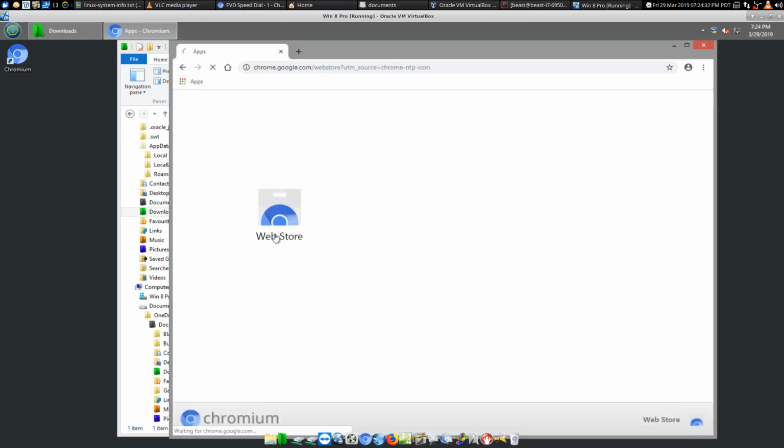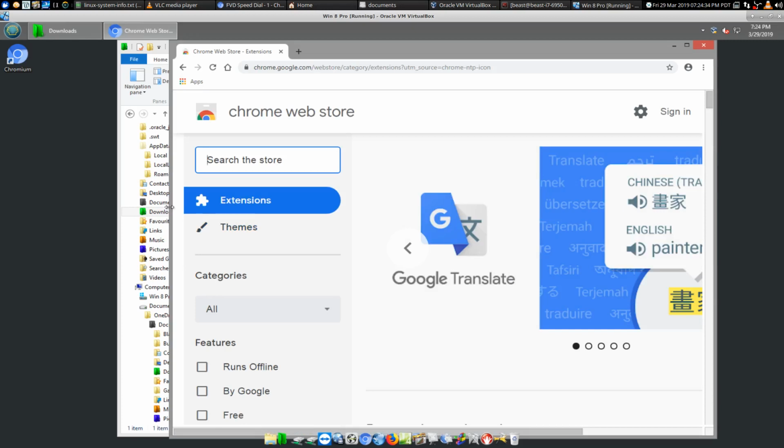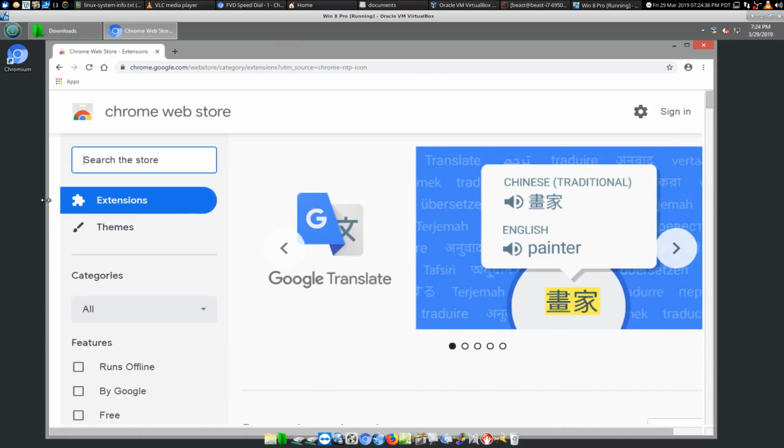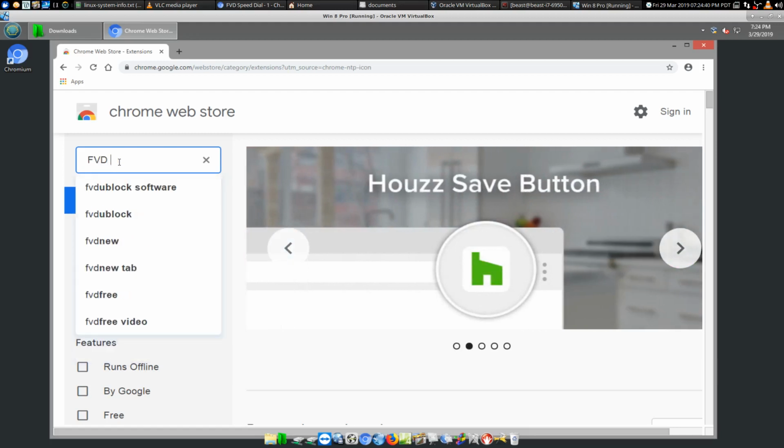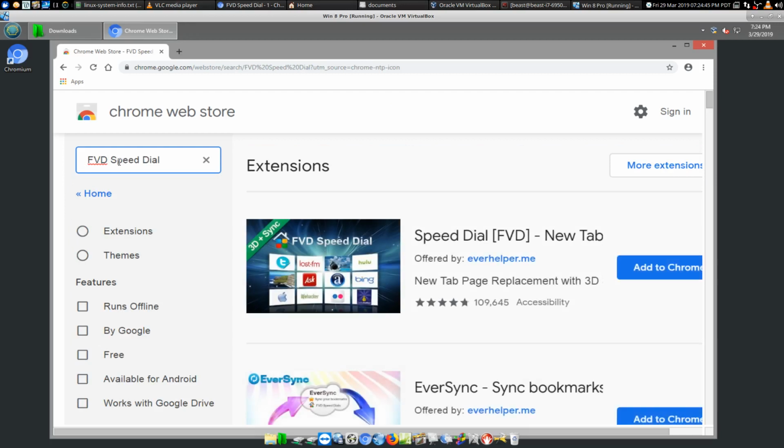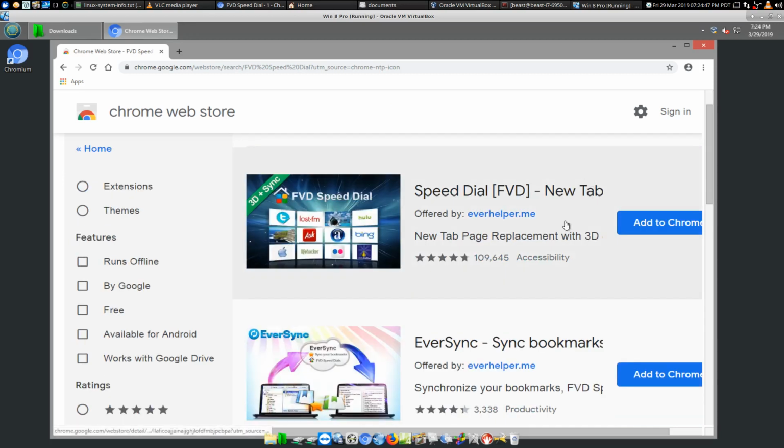It's going to go to the web store. It is going to be Google, so don't have a heart attack. And I still have it way magnified, so I'll bring it over here. We're going to search for FVD Speed Dial. Now, the FVD Speed Dial is what I showed you on my first browser, and you can sync that across